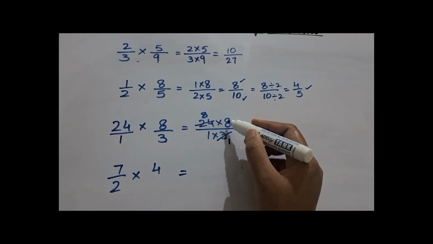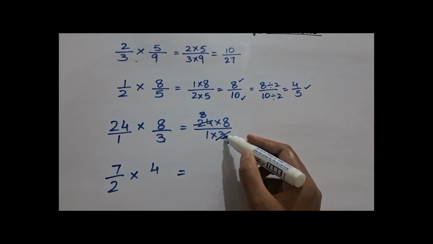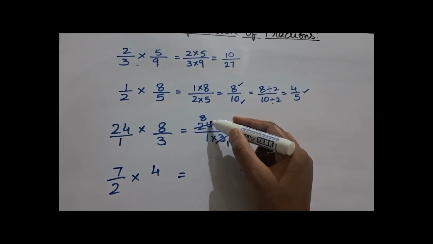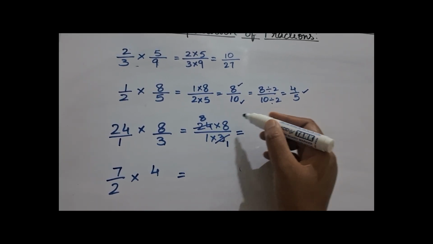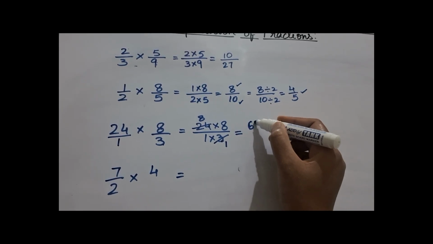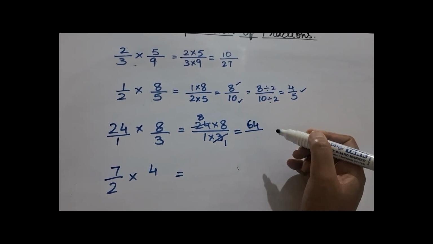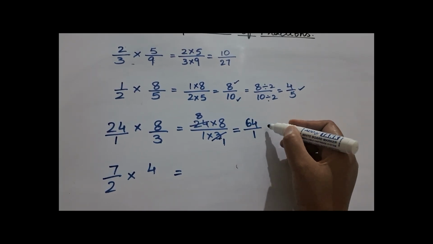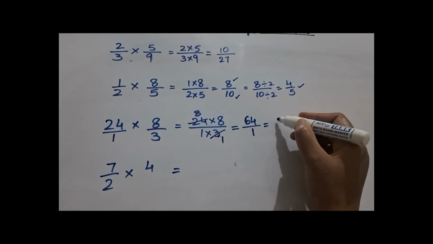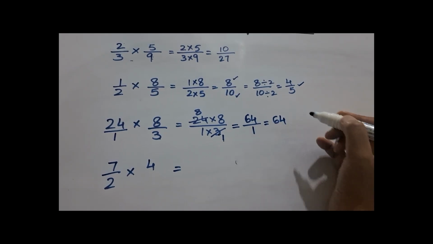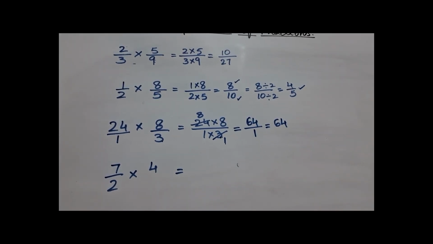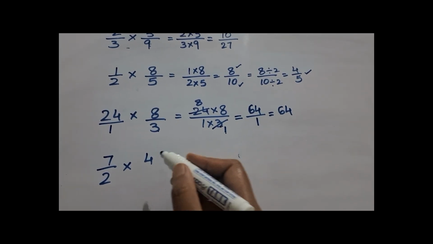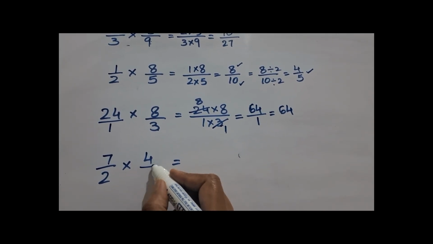Now whatever is remaining here, those numbers we need to multiply. 8 is remaining here. 8 multiplied with 8, we get 64 in the numerator place, and here 1 multiplied with 1, we get 1 here, which is equal to 64, the whole number. Okay, children. Now coming to the next here, this one can be written as 4 by 1,